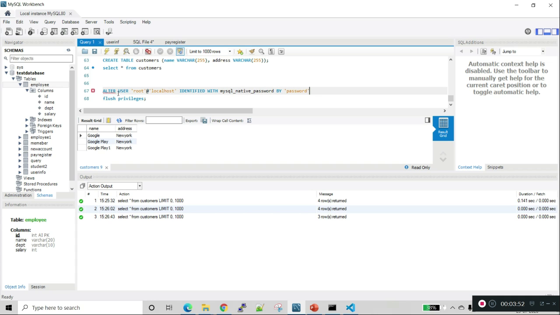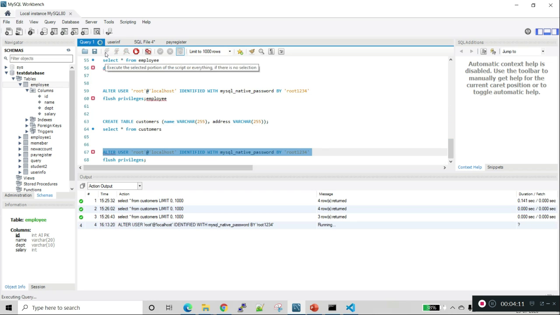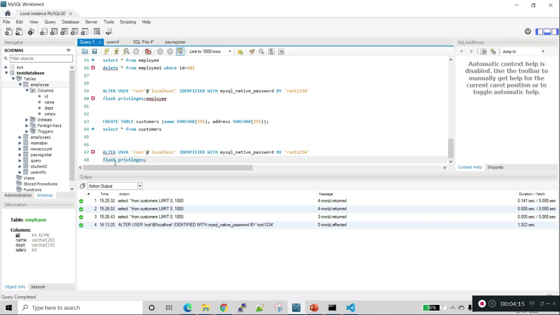We need to give the proper user ID and password. The user ID is root, on localhost, and we need to give the correct password. We run this command to give the access. Next we need to flush these privileges. So both the commands are successfully run.